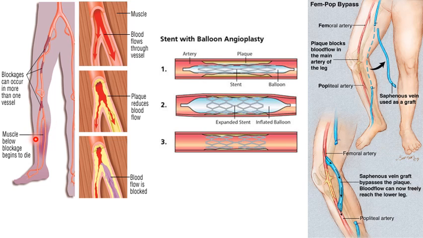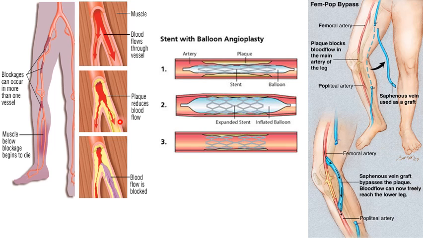To overcome this, a stent with balloon angioplasty will be sent and inflated at the plaque so that it increases the diameter of the blood vessel, and the stent is left in place and the balloon is withdrawn so that the diameter is maintained. This is one way of treating